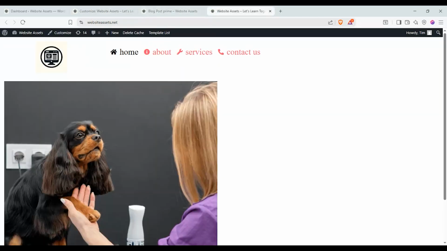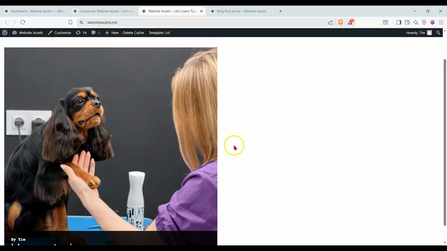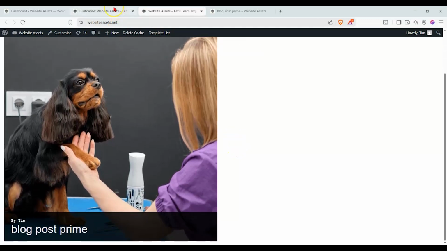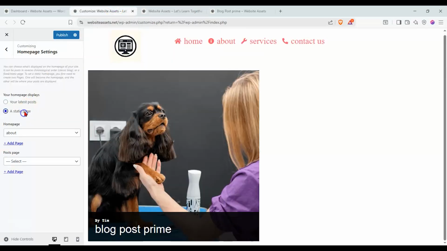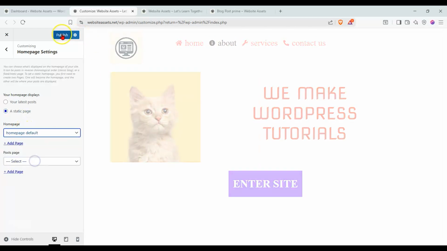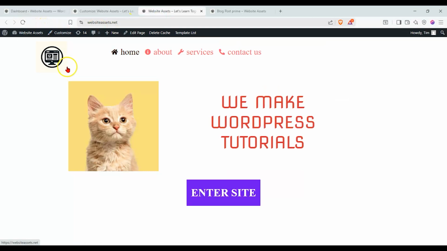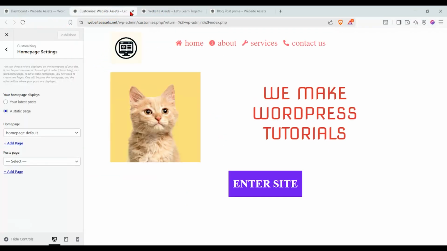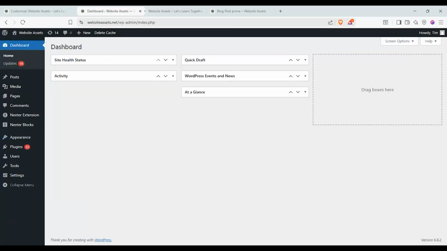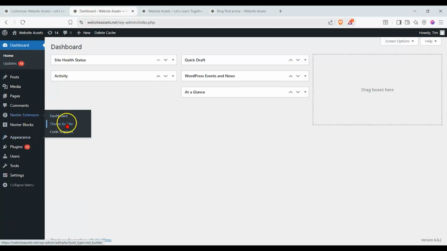But obviously we don't want to have just these blog items, this archive, to be our homepage. We probably want to have our own homepage. Let's click on Save, reload this, and that looks a bit better. So probably the better thing to do is to go back to our dashboard, go down to our theme builder